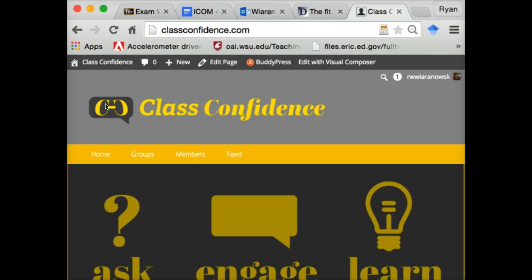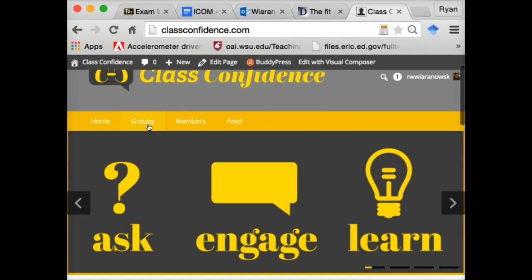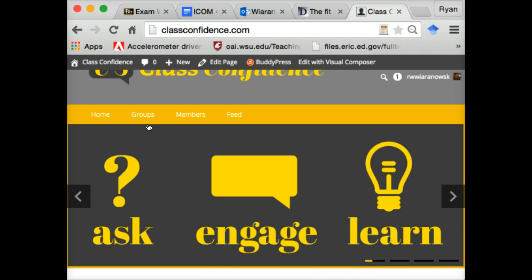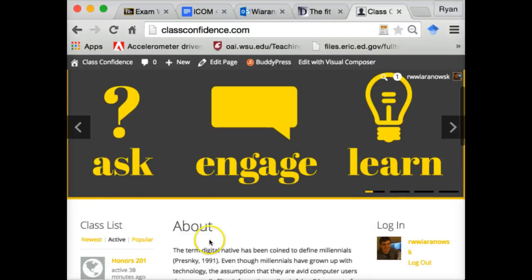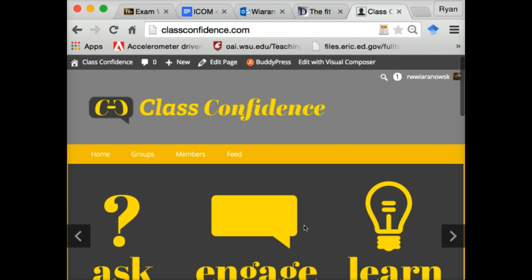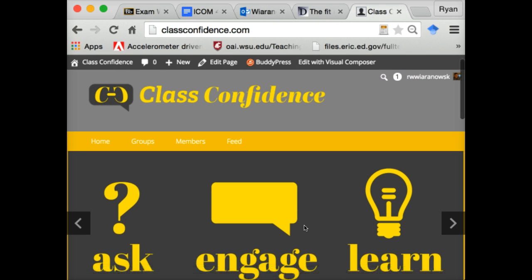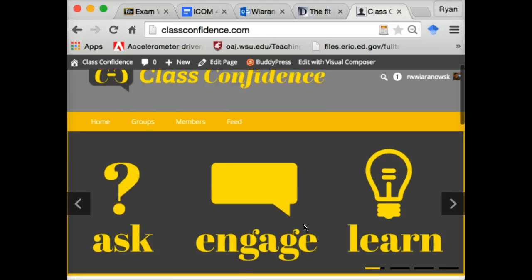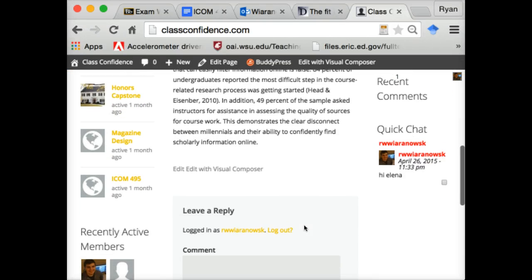Using BuddyPress makes it really easy to start a social media site. One of the bigger challenges I've found so far is managing people who are spamming the website. There are other issues, including still not being able to put the posting functionality on the front page. It's something I was researching and just couldn't get done before the end of the semester. I would probably have to ask a computer science major to help me out with that in the future if I was looking to expand it further.